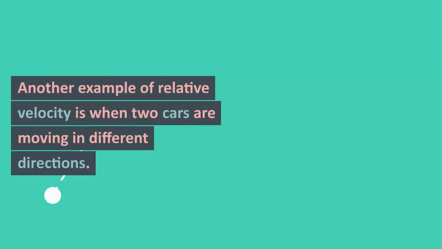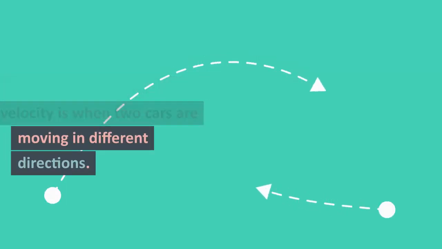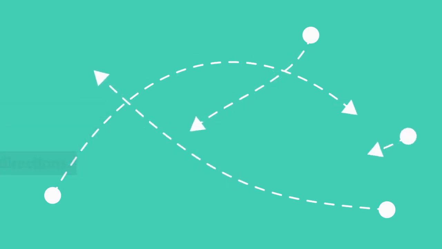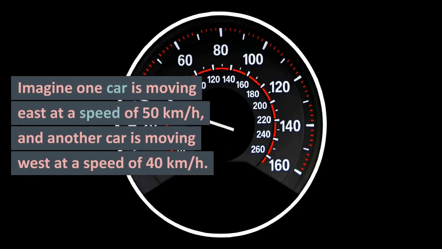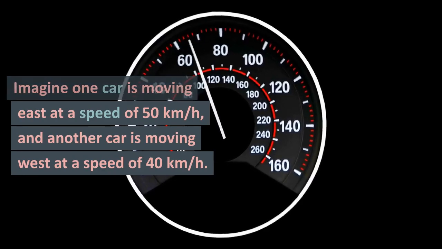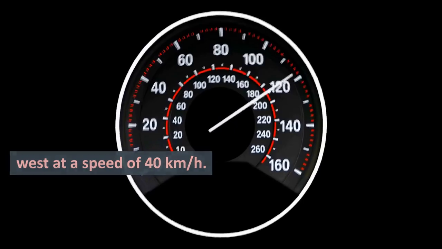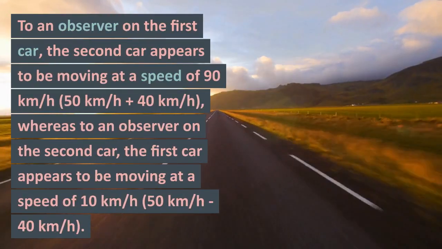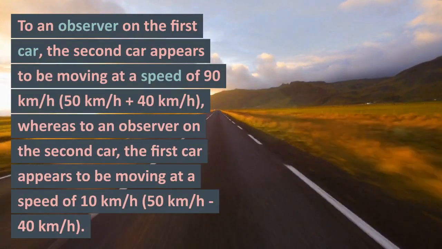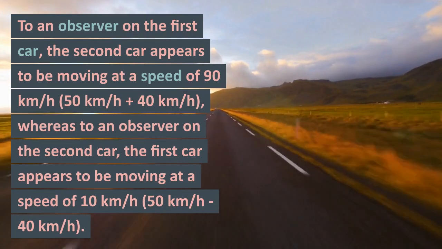Another example of relative velocity is when two cars are moving in different directions. Imagine one car is moving east at a speed of 50 km per hour, and another car is moving west at a speed of 40 km per hour. To an observer on the first car, the second car appears to be moving at a speed of 90 km